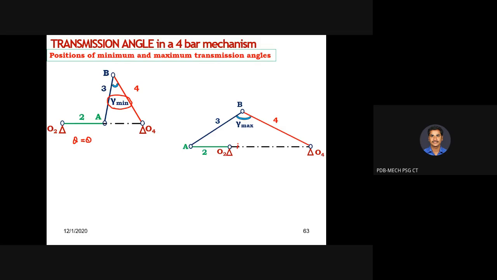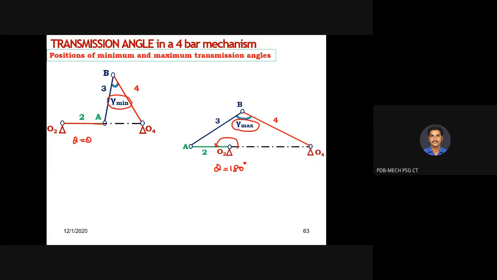ஃபார் எக்ஸாம்பிள் ஃப்ரேம்ல இருந்து இட் இஸ் மேக்கிங் 180 டிகிரி. ஏர்லியர் வந்து கிராங்க் கூட மெஷ் ஃப்ரேம் கூட மெஷ் ஆயிருக்கு. ஸோ 0 டிகிரி. Now theta is equivalent to 180 degree. So in this case, you will be getting crank is opposite to the frame. So in the 180 degree make பண்ணிருக்கும்போது now you can able to observe the difference between the minimum and maximum